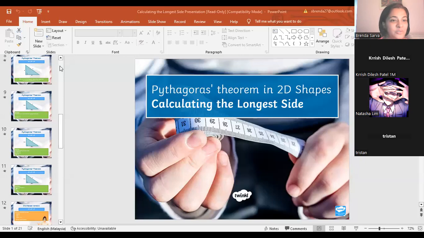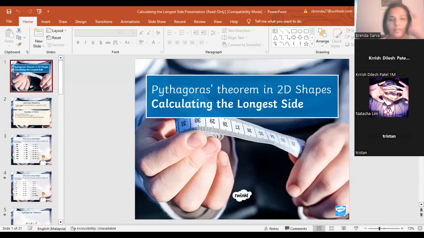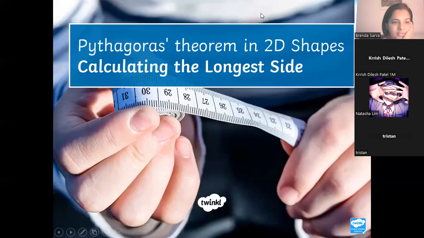What do you think, guys? So far, so good. You like it or not? I like it. Pythagoras was one of my favorites. Okay. So now,